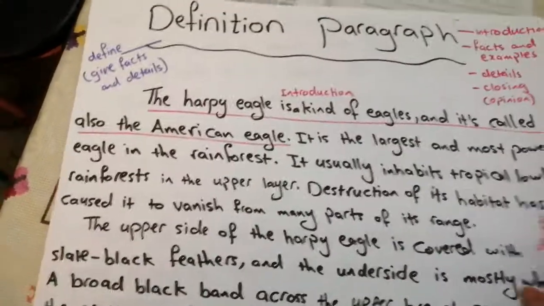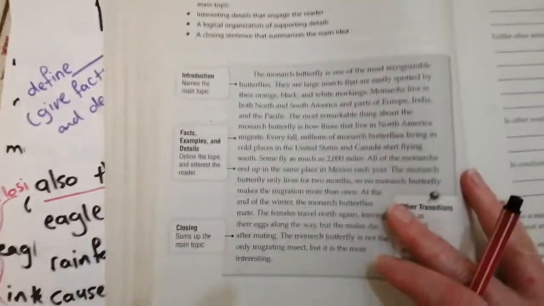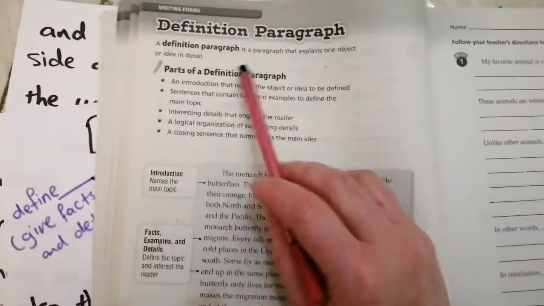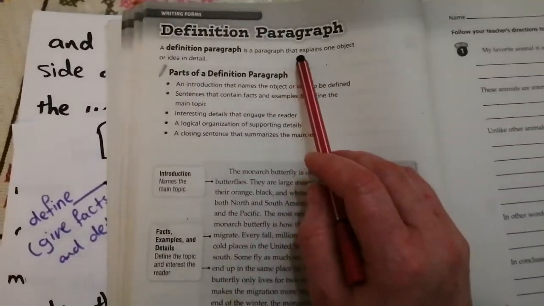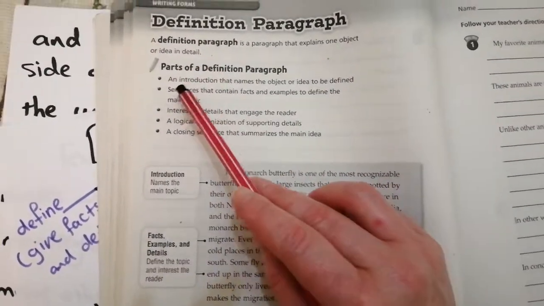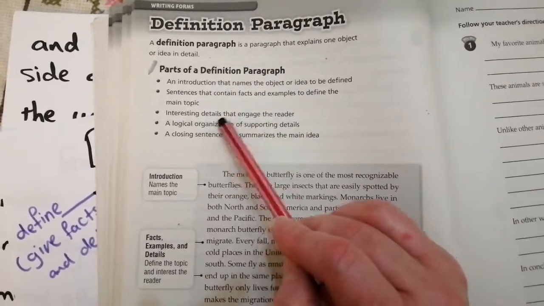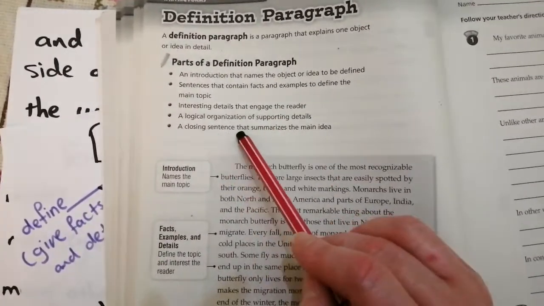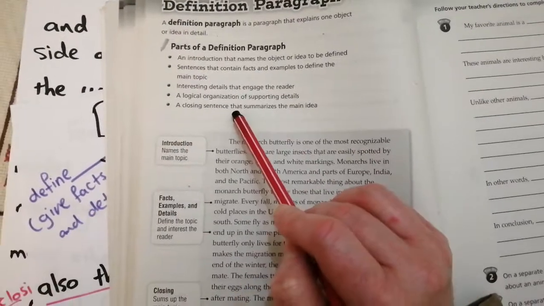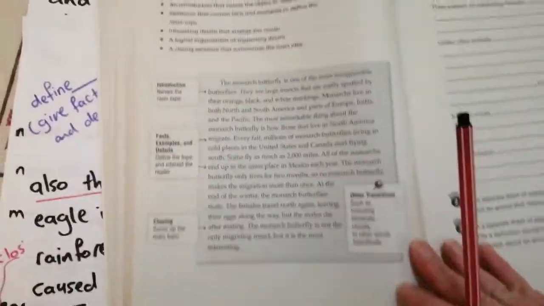Okay. Now here in our book, let's read the example that we have. So again, here, definition paragraph. It's a paragraph that explains one object or idea in detail. Here we have the main parts, which is the introduction. Then we have facts, examples, and details in the body. And in the end, we have the closing, which is summarizing or giving your opinion about it. Now,